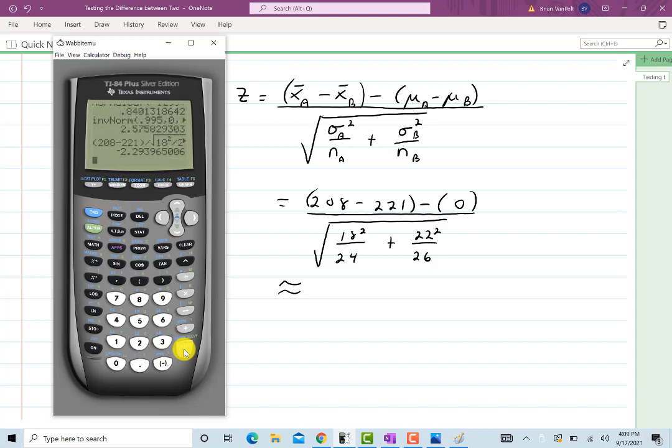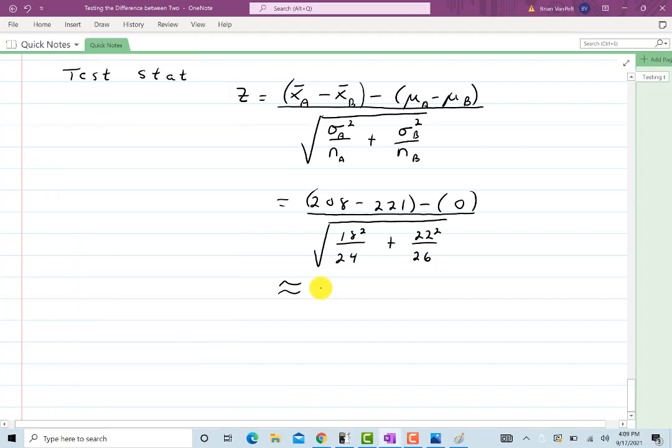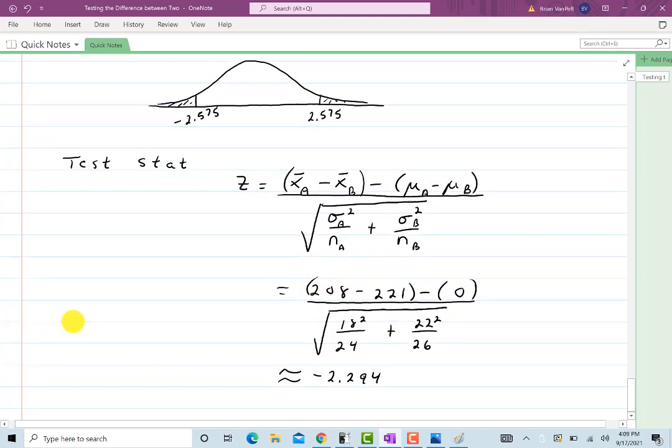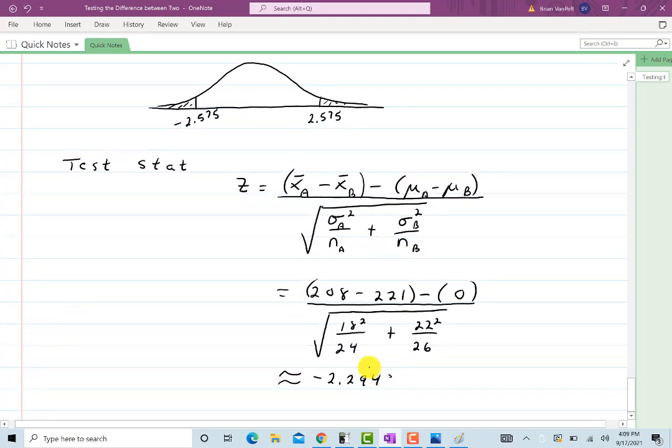Negative 2.294. And if I look at the rejection regions, negative 2.294 looks like it's in this area here, so we fail to reject